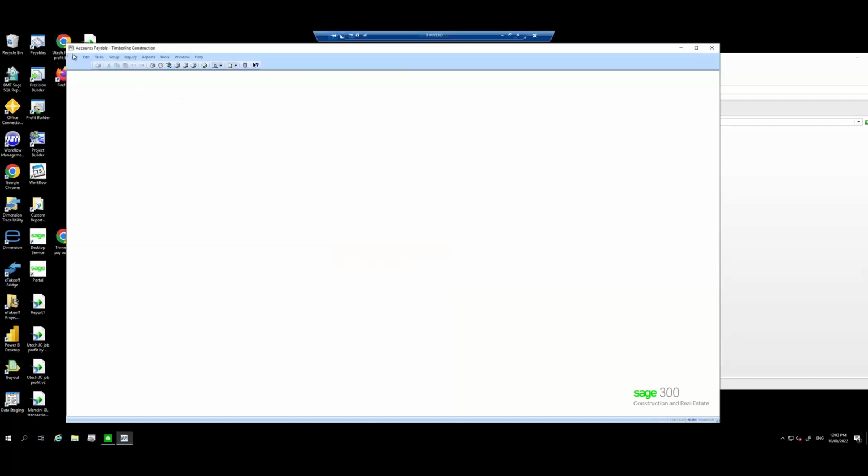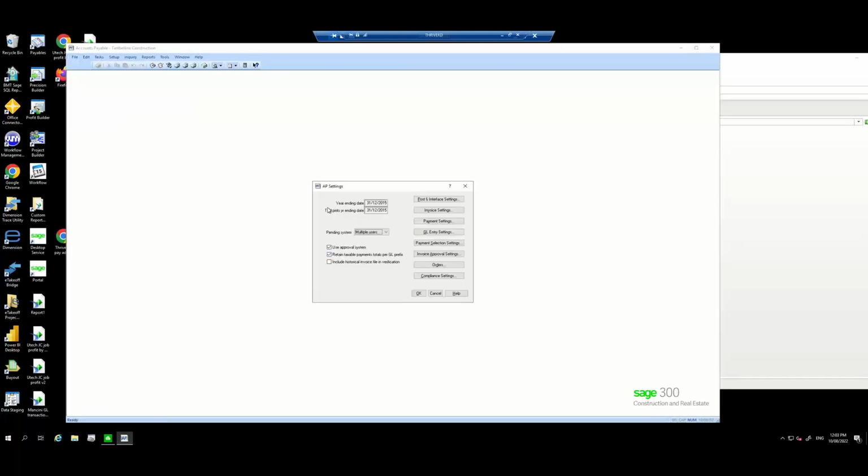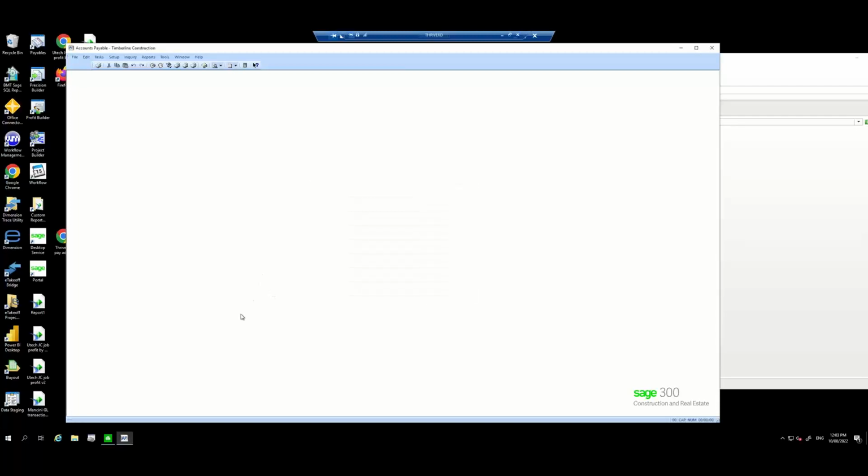The other place you can check that is here in company settings, AP settings. You need administrator rights to get to this, but that will tell you where your taxable payments period is up to as well. Okay. So once you've checked your dates and that you're in the correct year,